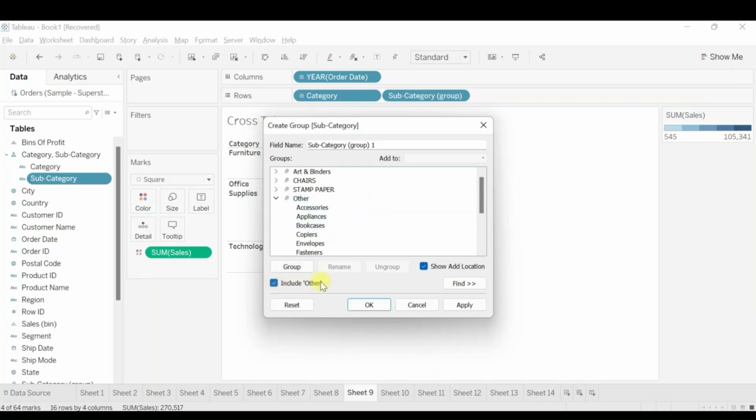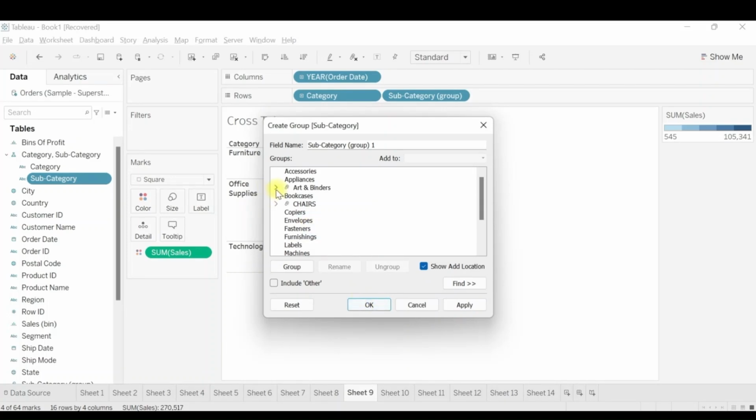Now if I click on include, you can see we have these three groups that we created, and all other individual entries are flowing in others. So we can either go with include others or not include others. And then if we reset it, everything will go to the default view. And if we want to go with art and binders, we can click on apply and OK.